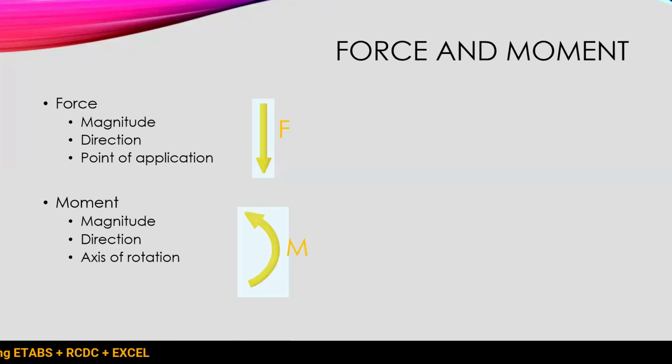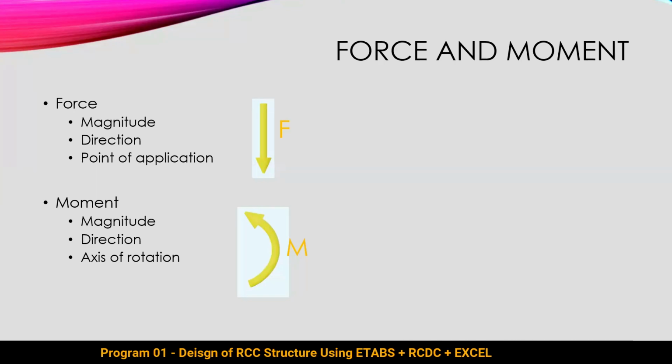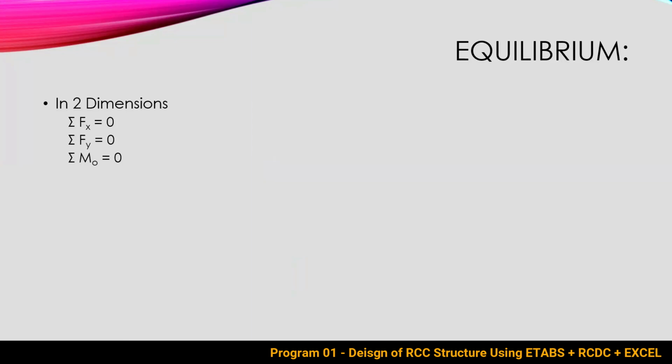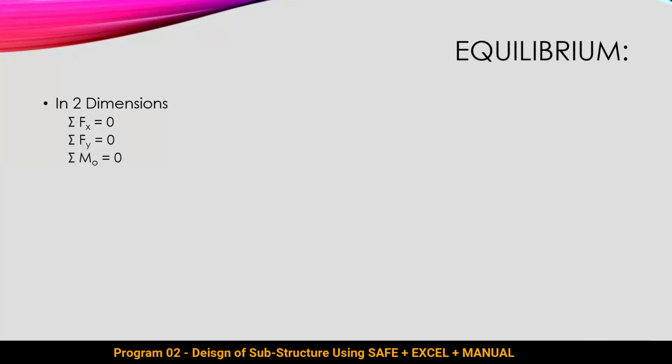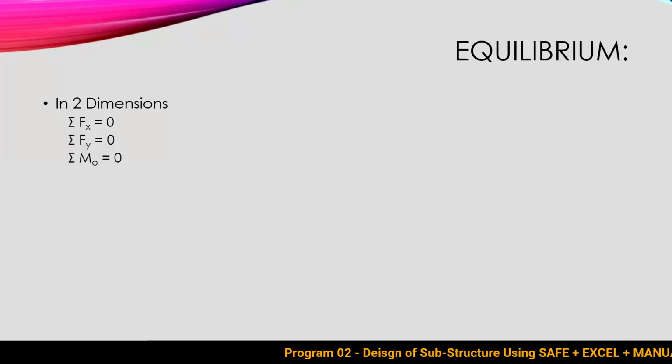It is denoted by the sign shown. The unit of moment is kilonewton meter, and the unit of force is kilonewton. Under equilibrium condition, what is the equilibrium condition? When you are analyzing any structure in the two-dimensional case, there are three equilibrium equations. That means for a static structure, whatever force is applied on it, the summation of forces and reactions will be zero in the x direction and also in the y direction, and the moment will be zero. So summation of Fx, summation of Fy, and moment